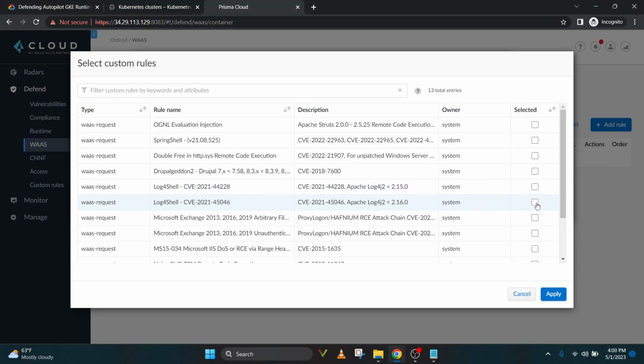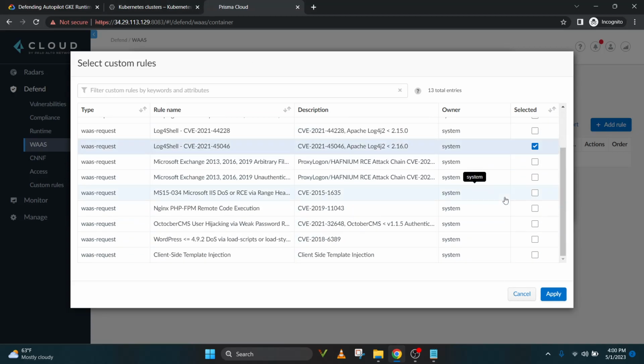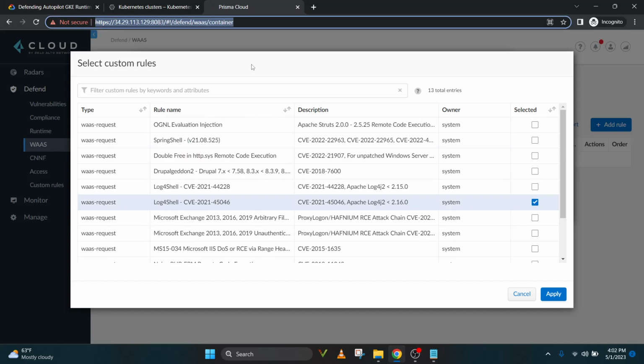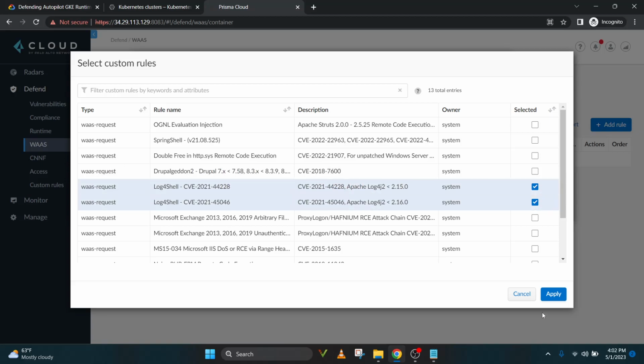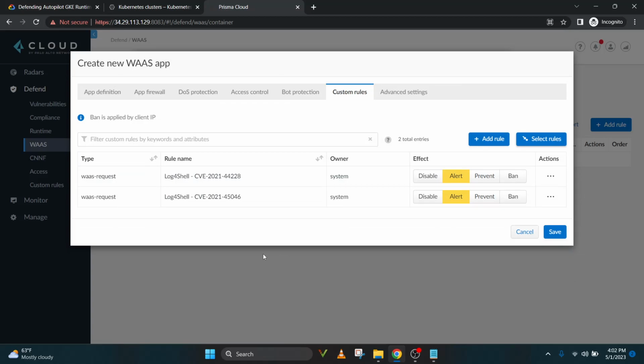So let's select this one, and wait a little bit. Okay guys, so we have to select both rules. So select both log4j shell rules, and click apply,